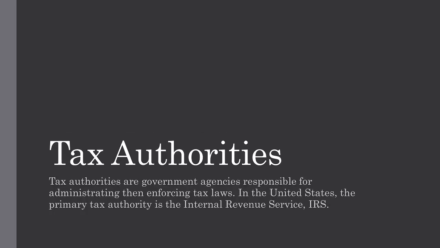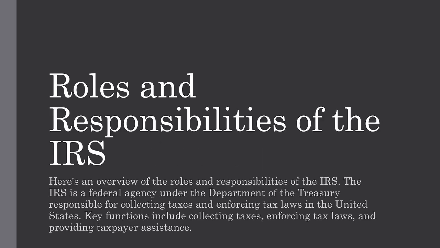So the first thing is tax authorities. Tax authorities are government agencies responsible for administering and enforcing tax laws. In the United States, the primary tax authority is the Internal Revenue Service, IRS. So here's an overview of the roles and responsibilities of the IRS. The IRS is a federal agency under the Department of the Treasury responsible for collecting taxes and enforcing tax laws